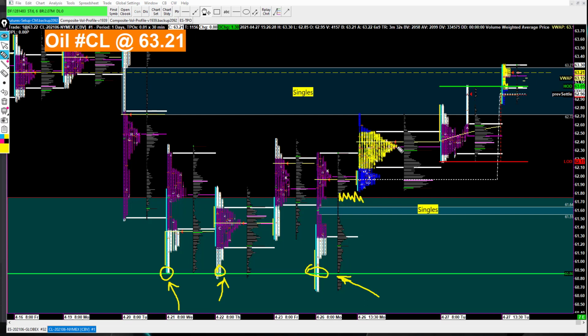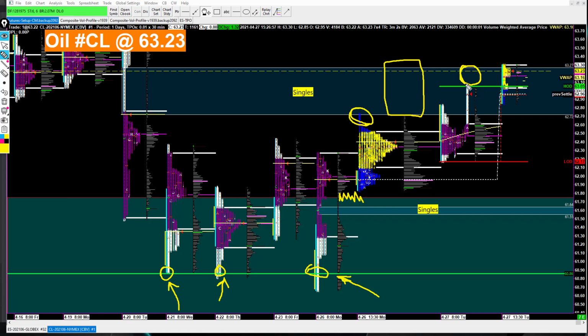So the overnight tonight was pretty nice, pretty healthy. We start seeing the 62s, 62.70s. So this was kind of a hint for us in the room that we were about to close those singles at the top. So these singles have now been repaired. They have not been repaired completely during the regular trading hours. You still have this tiny bit right here between 63 and 63.27, about 22 ticks still to get repaired tomorrow